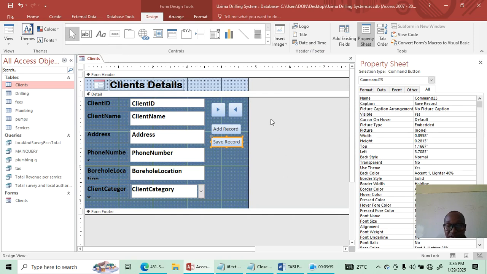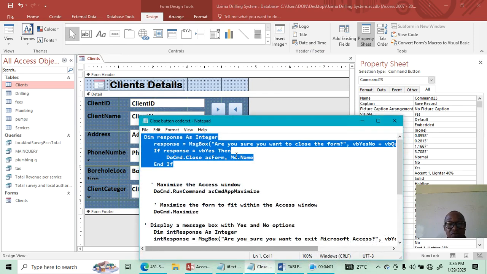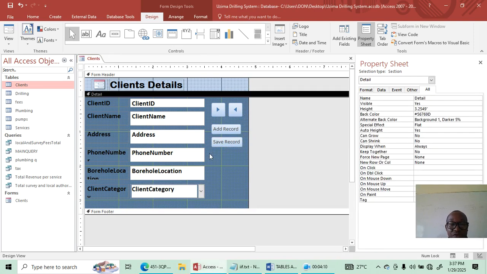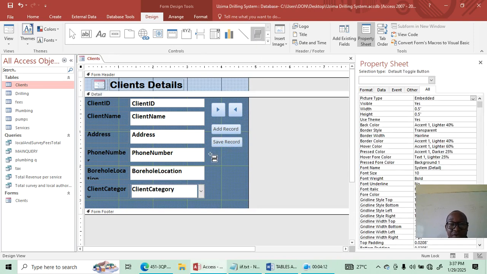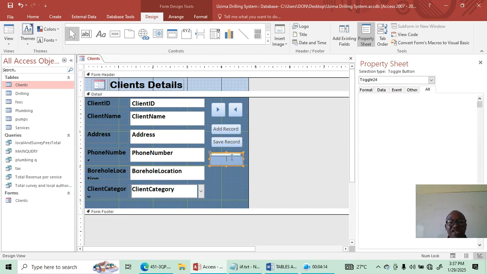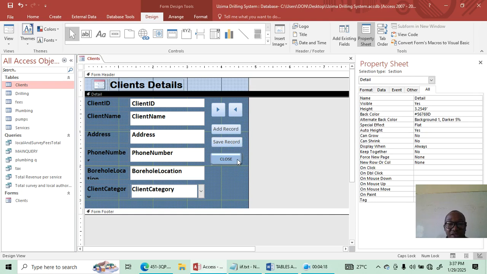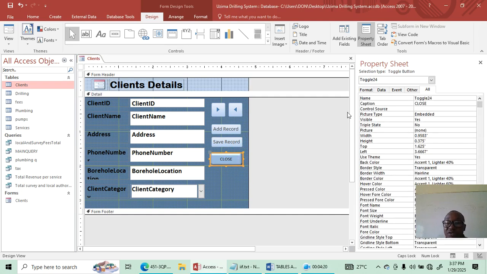Now this time around, I would want to show you how to add this code. I have done it in other projects. So you can use the toggle button, draw the toggle button, then type here cross. Then click on this button, then go to this property sheet here. In case the property sheet is not there,